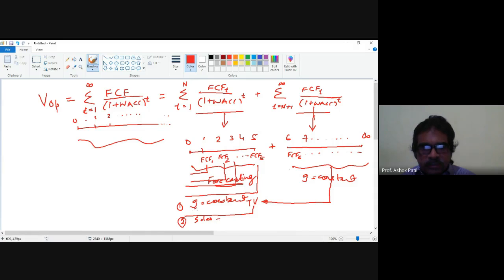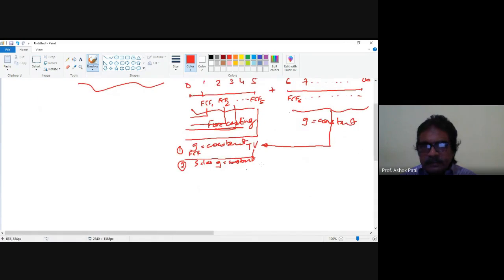So you can do the FCF growth or sales growth estimates, and some of that has to be calculated or assumed to be constant. So there are certain issues. There are assumptions which we will be making in this period. In this period, when we calculate like this, then we have seen that the